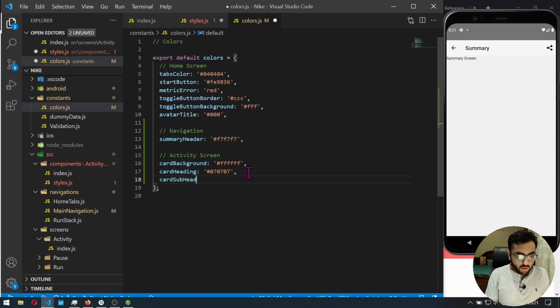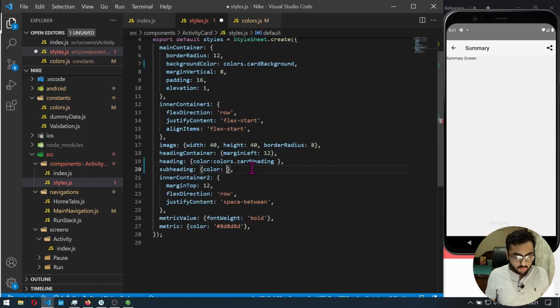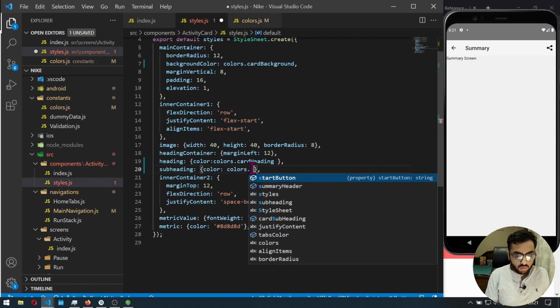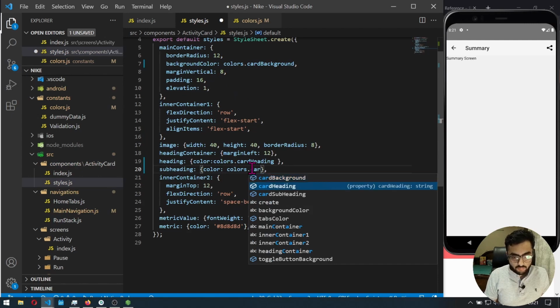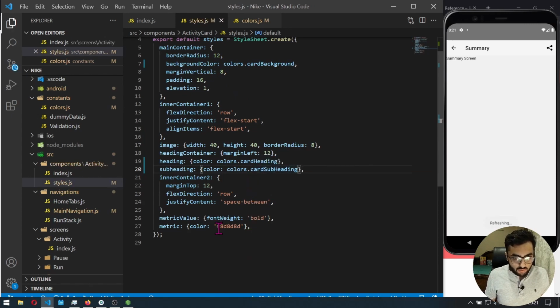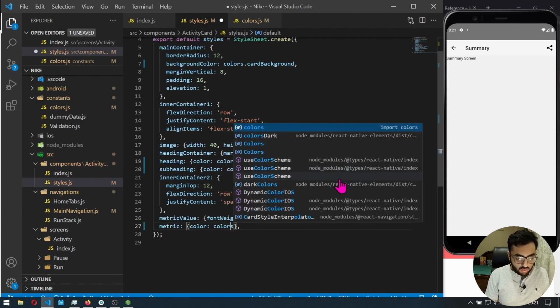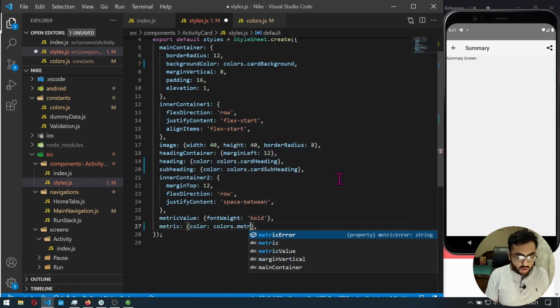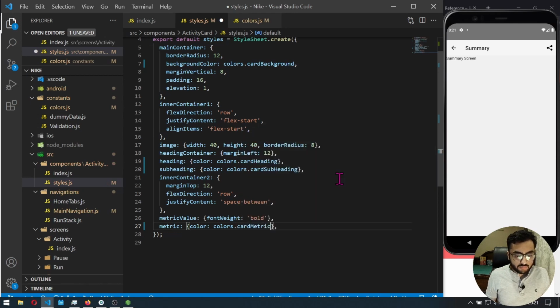Next we have colors dot card subheading. Yeah, next we have metric for the card. This is the final one, colors dot card metric,